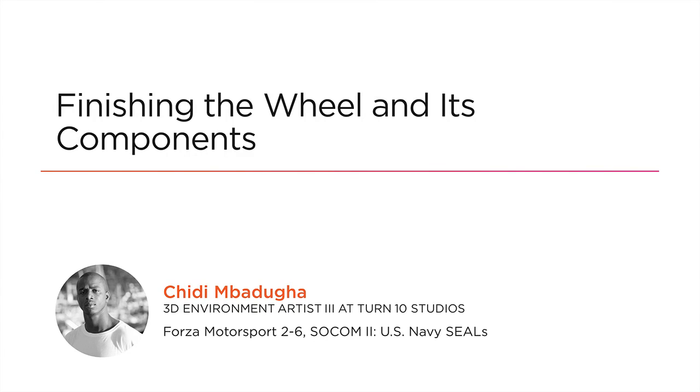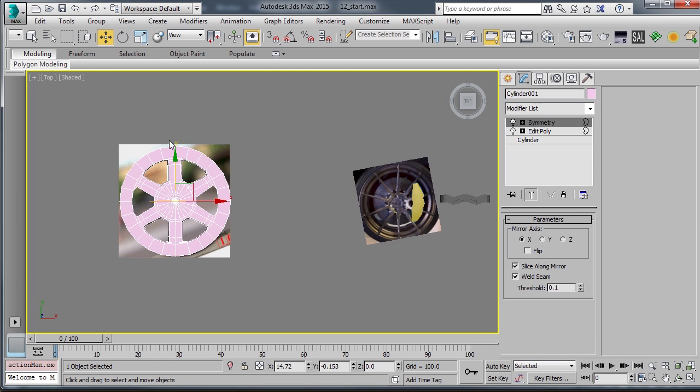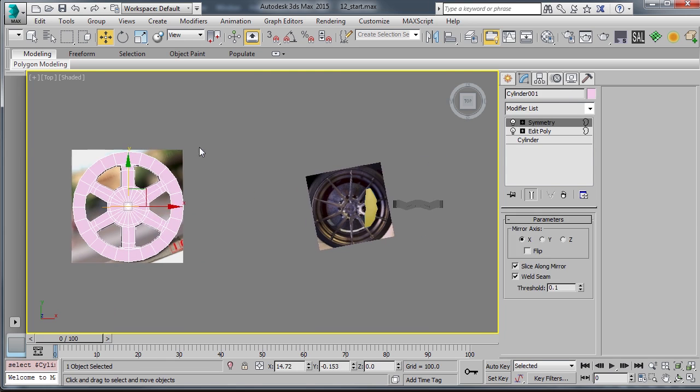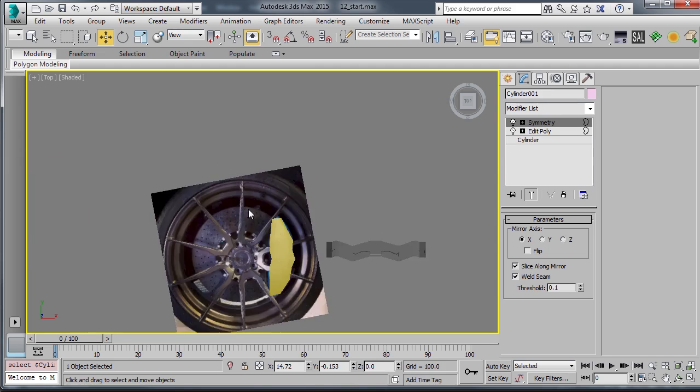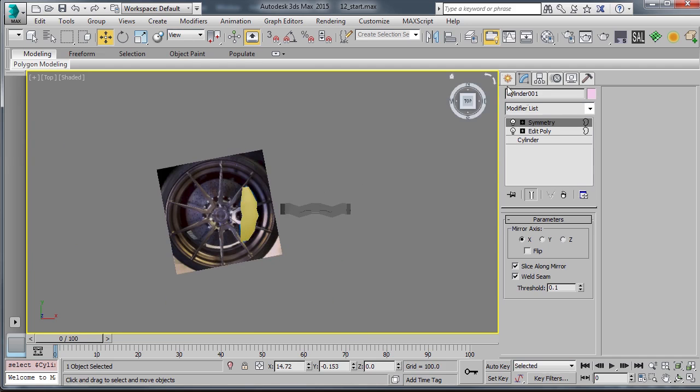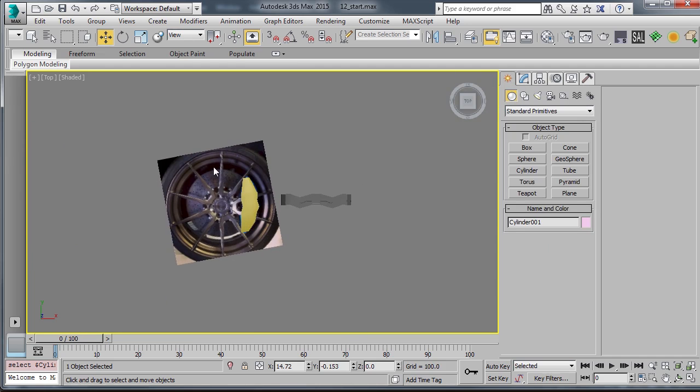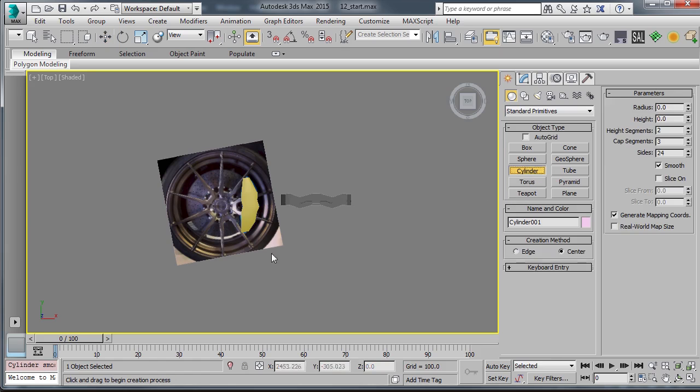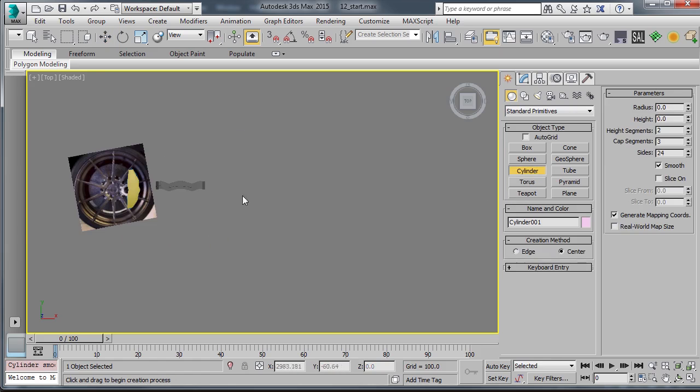Welcome back. In this lesson, I'll continue with creating the wheel and tire objects. We had just finished going over how I'd approach creating the wheel itself, and now we'd go to creating the tire. The low detail version of the tire would be pretty straightforward. And so I've got